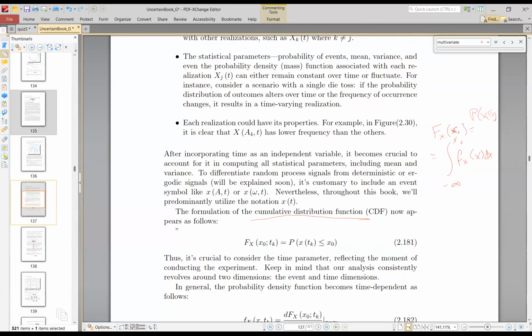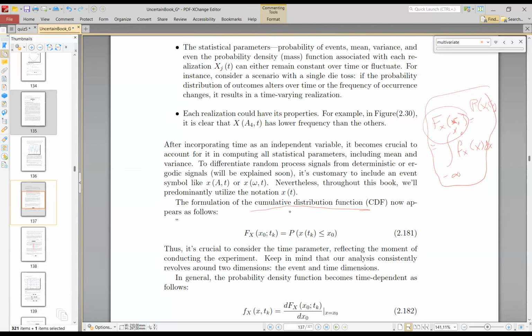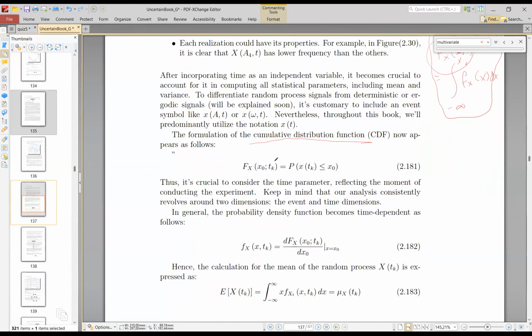Now, we have this process changing in time. We have a time series now. It is changing in time. So this one is not enough. This one is not enough to be used to define the CDF. How to define the CDF? We need now to say at what time. At what time? So, for example,